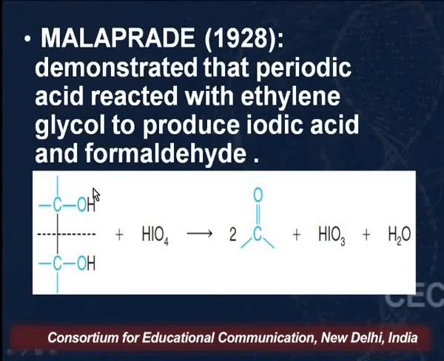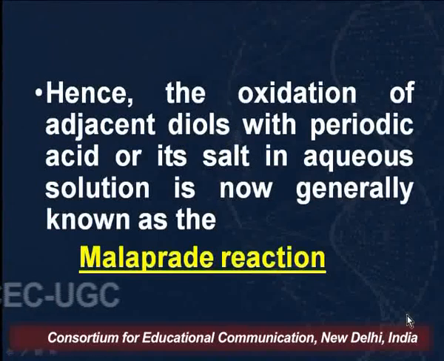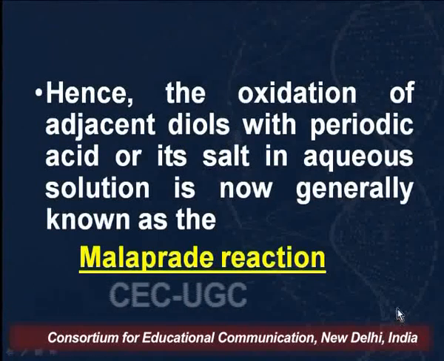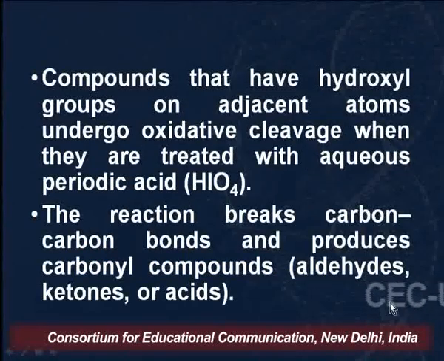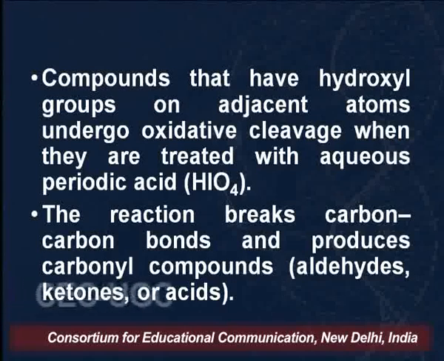Oxidative cleavage means that the bond between these two carbons will be cleaved and each fragment will be oxidized to the corresponding carbonyl group. So that means the compounds that have hydroxyl groups on adjacent atoms will undergo oxidative cleavage when they are treated with